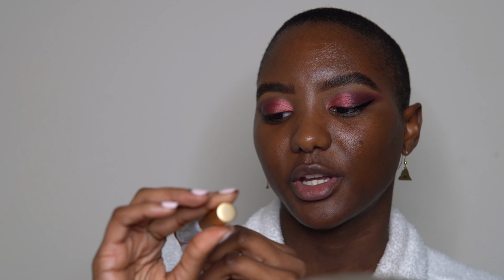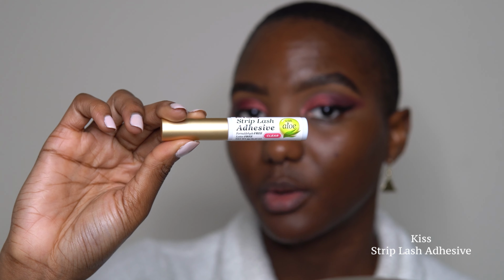I'll be using this Kiss Strip Lash Adhesive. It's in clear. This lash glue will literally keep your lashes on all day, no problem. And another great thing about it is that it won't take you too much trouble to take off the lashes. You just use like an oil-based anything to take them off. So I'm gonna go ahead and apply these off camera, and then I will be back so we can start